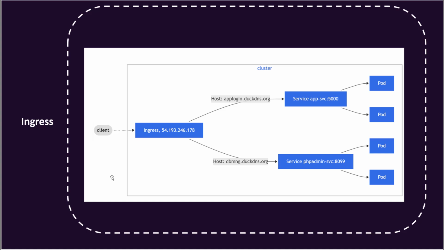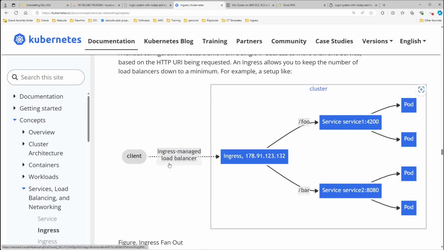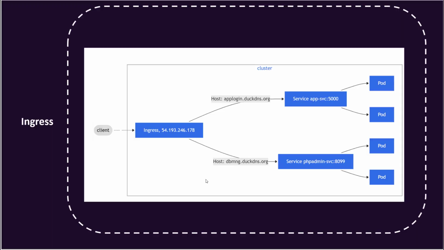Why do I want to use this type? Why can't we use the other one? For example, the cluster IP slash application, reaching the application on port 5000, or slash phpMyAdmin to access phpMyAdmin. Why can't I use this one? For this type of Ingress, as I told you some seconds ago, we need a domain. For a free subdomain, you can use this website,